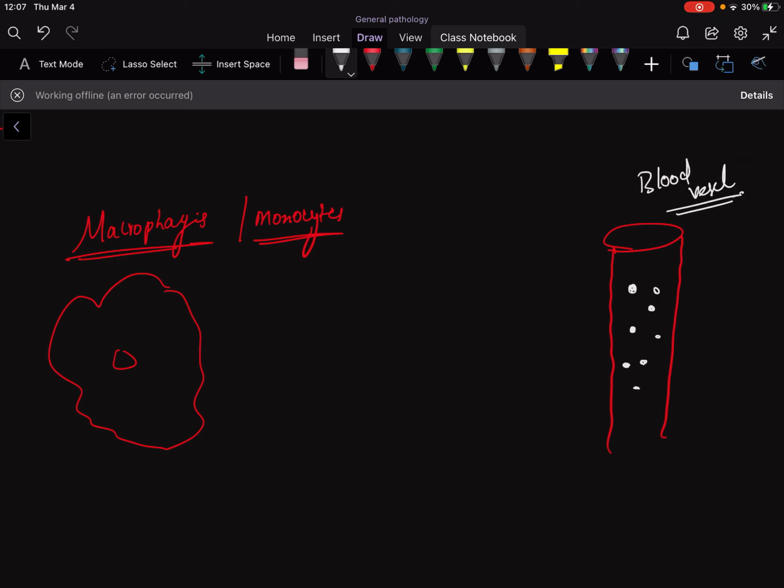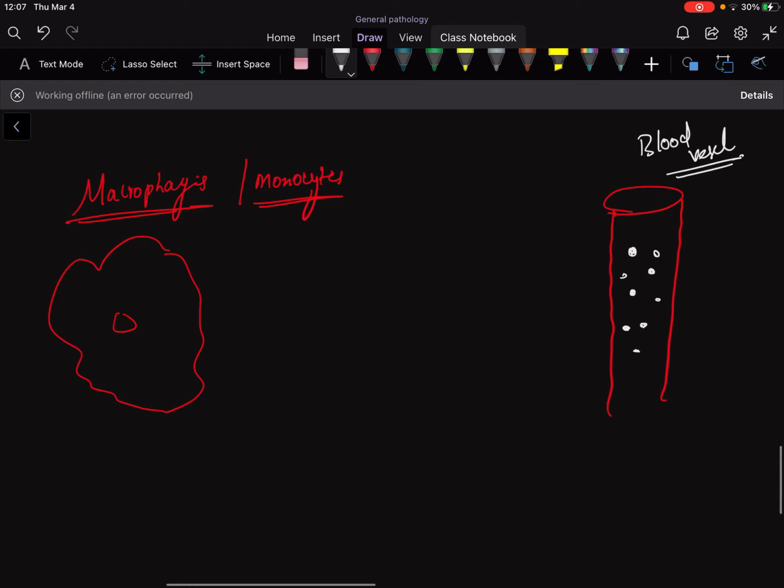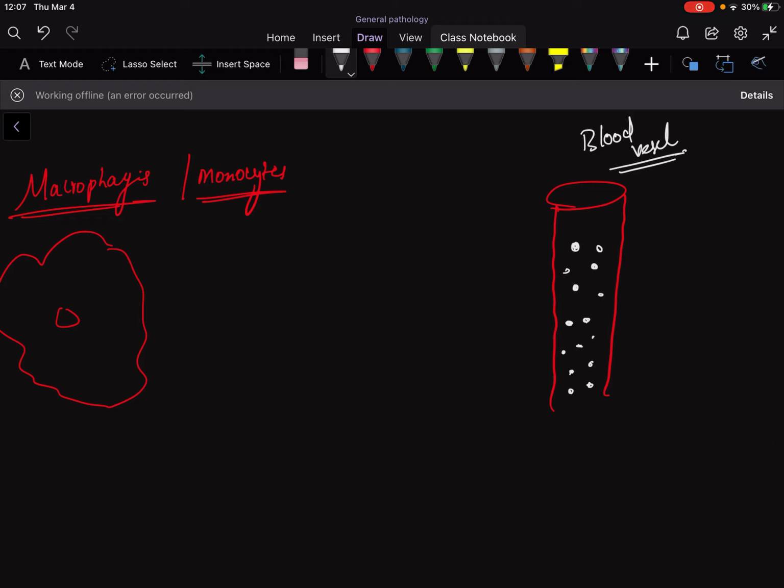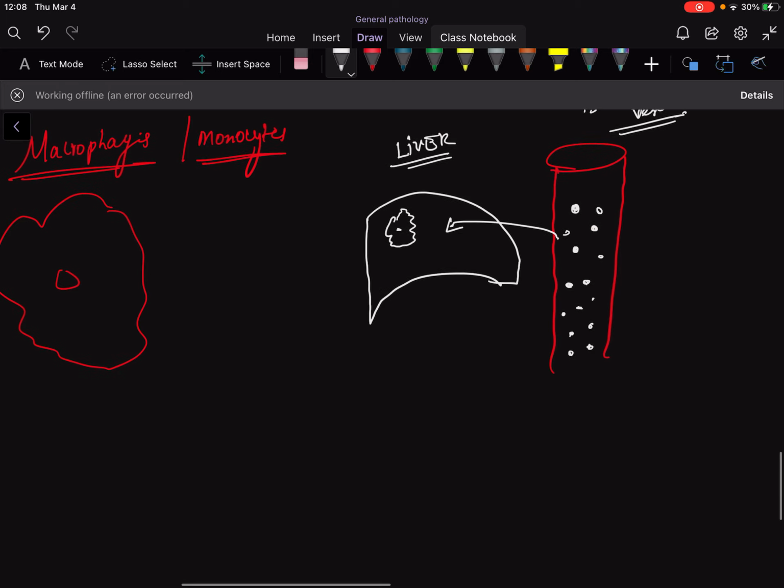They are freely circulating. They are like teenage people. They always roam on the roads, right? These monocytes are freely circulating in the blood vessels, and one day they decided to get a job, and they travel to the liver. Suppose this is the liver, and they get mature. They get mature here, and these are called the matured